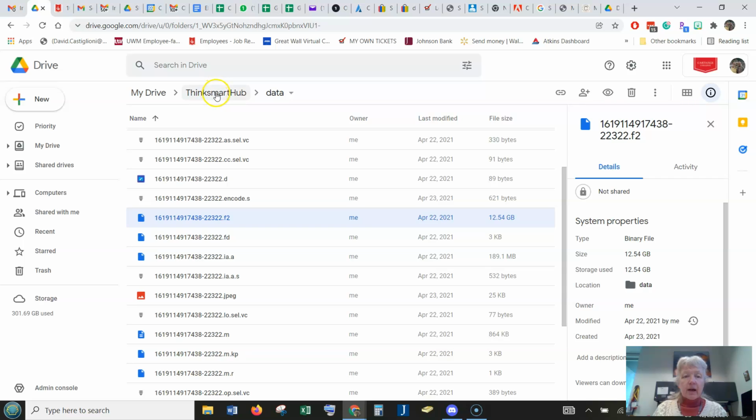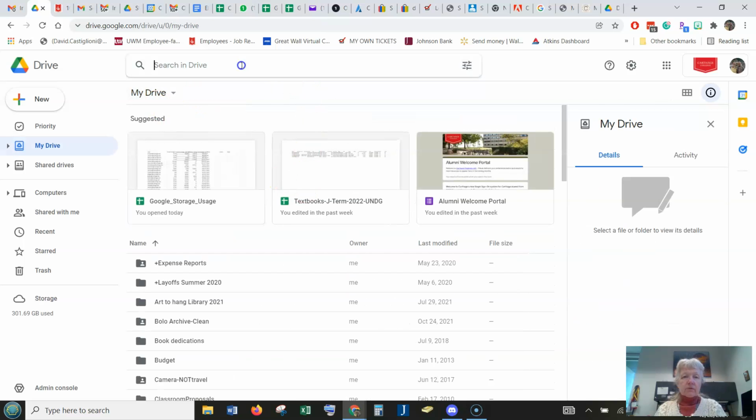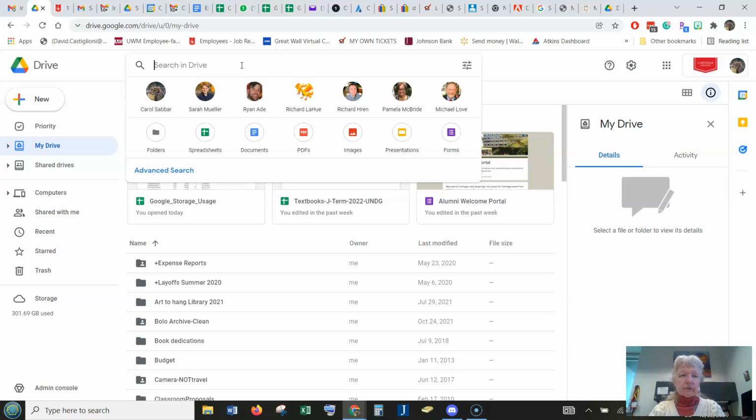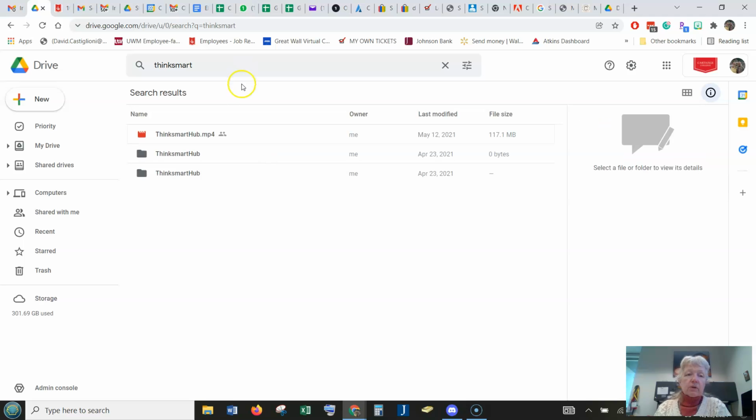So for example, I've got a file called ThinkSmart Hub that's got data. What? I didn't mean to back that up, but at some point that must have happened. So what I want to do is essentially say, what is ThinkSmart Hub? So I'm going to go ahead and look for that folder. To search for ThinkSmart should be fine. So there's this whole folder here. Now it says that the folder is 0 bytes,